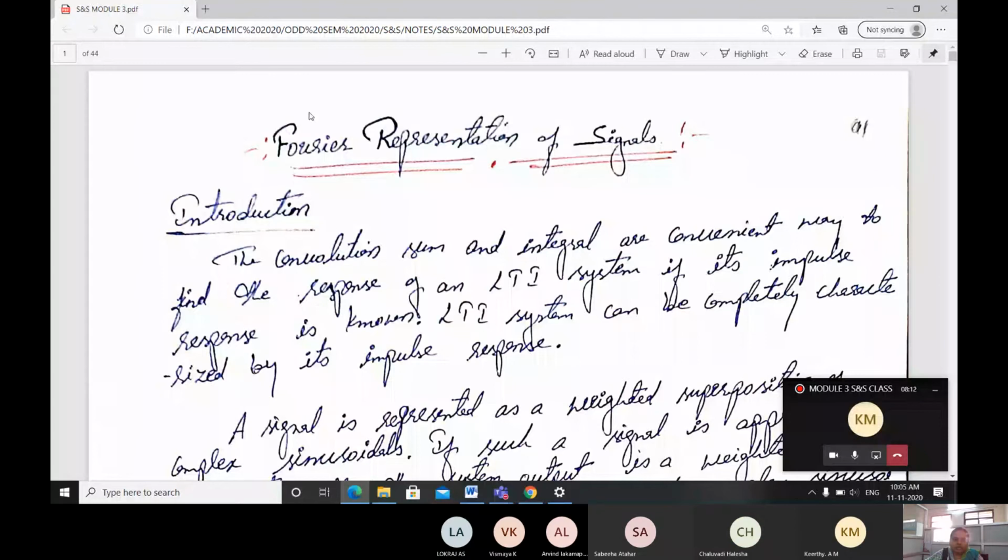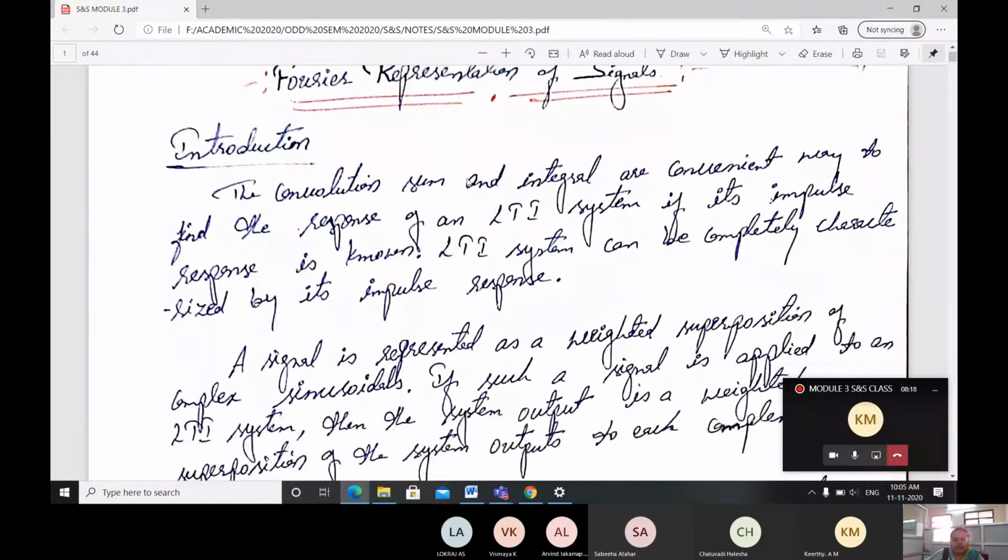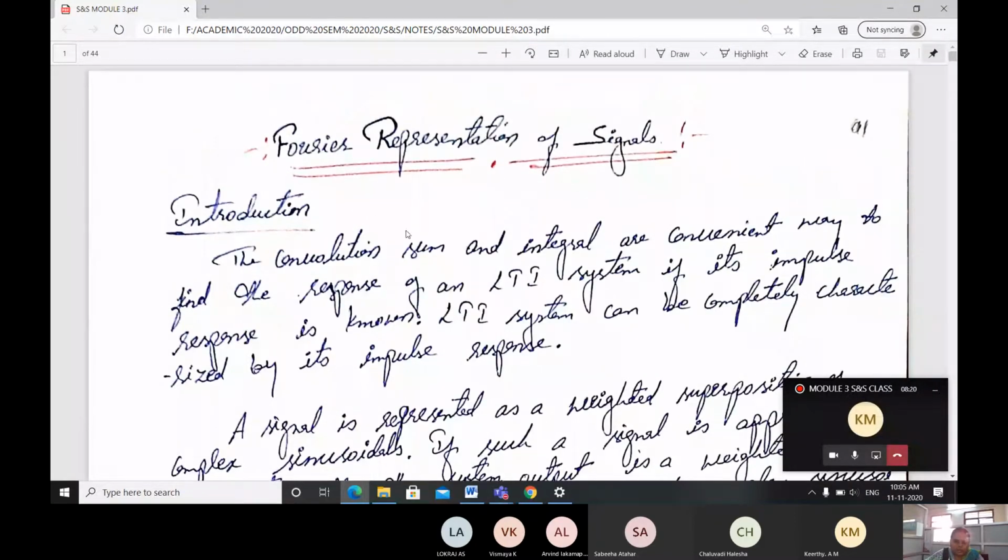Okay, next module we are going to look at the Fourier transform of signals. In this we will be learning different properties of the Fourier transform, how it is going to be taken, and how to solve those problems. Before we go to the properties, let us see what we mean by Fourier